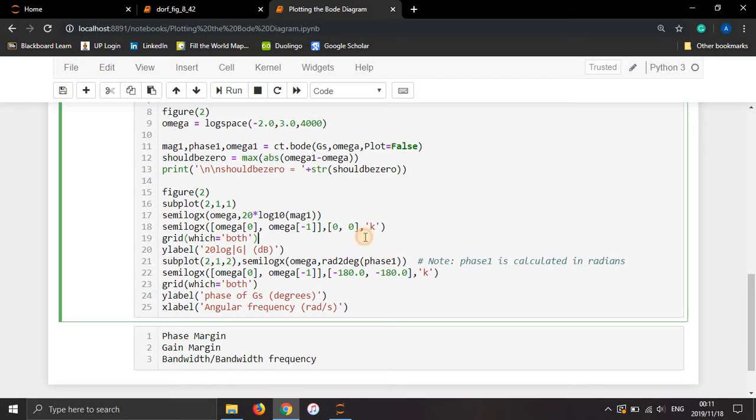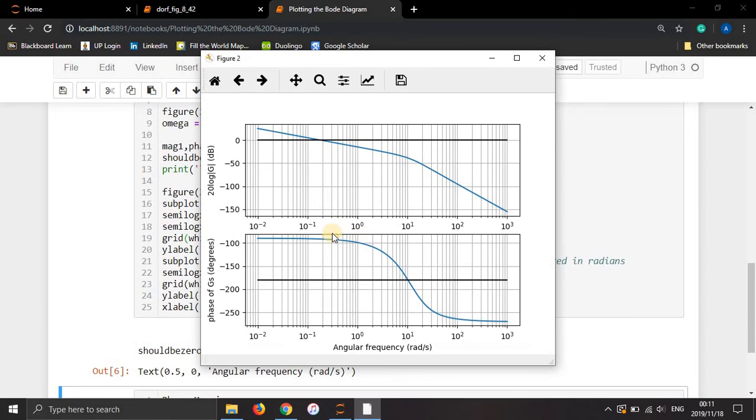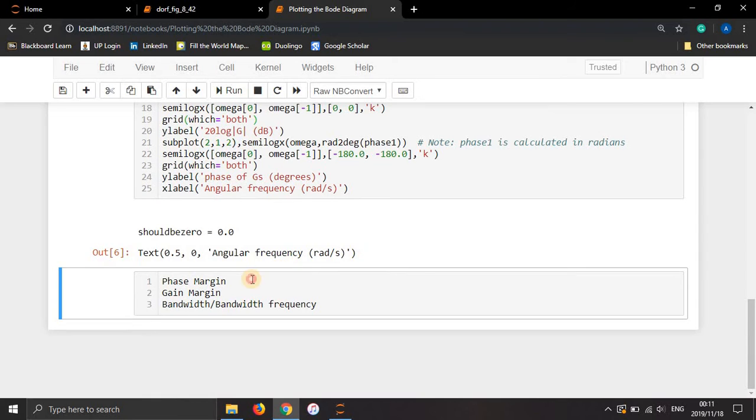Okay, fantastic. So shift enter, and that will plot your Bode diagram. Cool. So now we want to discuss what is phase margin, what is gain margin, and what is bandwidth frequency. Note that these two you find when plotting the Bode diagram of the open loop transfer function, and